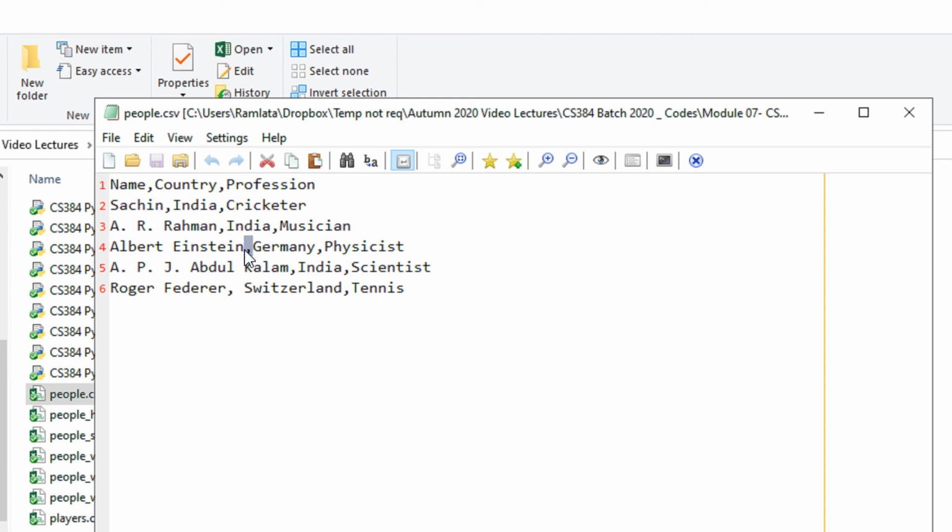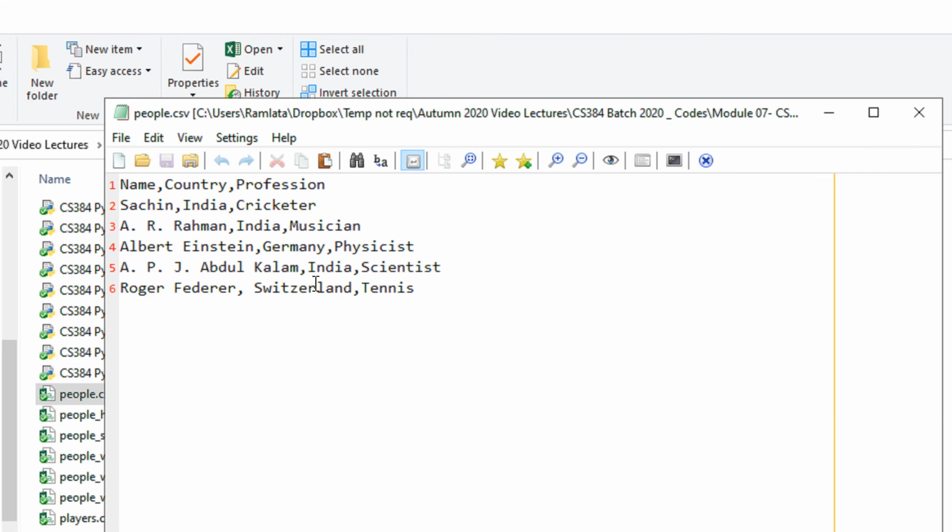The advantages of CSV are twofold. First of all, you don't need Excel or something like it to open the files. These are simple text files, as I told you, I opened them in Notepad. Second, since these are text files, the size of these files is very small and the processing is extremely fast, because there are no proprietary objects attached to it. What do I mean by proprietary? We will see later. For example, you cannot open an Excel file in Notepad. It will have all gibberish text.